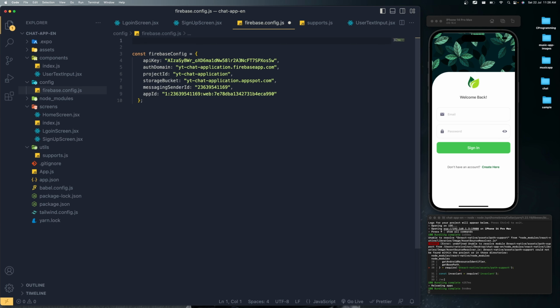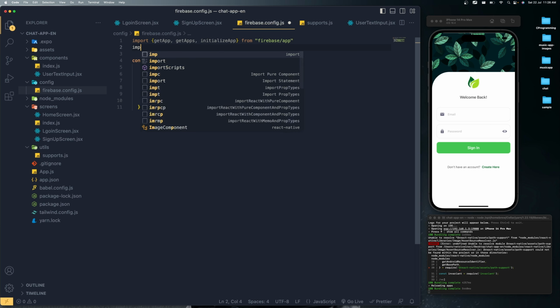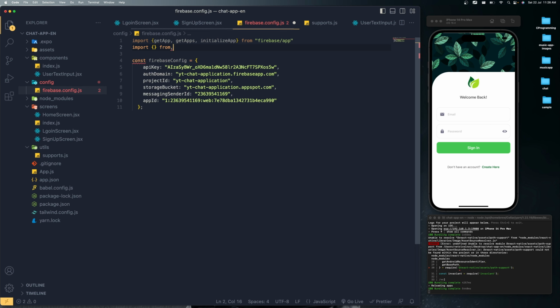So here from the Firebase, what we need to do is we need to import several packages. So first let's import those things. So from Firebase, all we have to do is to import. So first we need to get the applications information. So let's say Firebase app. From the app folder, I'm going to import get apps, get app, and initialize app. And then we need to get the authentication information. So then only we can read the enabled authentication provider. So Firebase/auth information. So over here we need to get that get auth information, and of course we are going